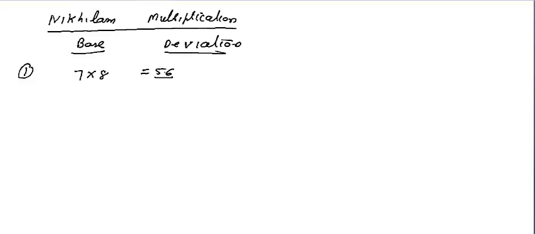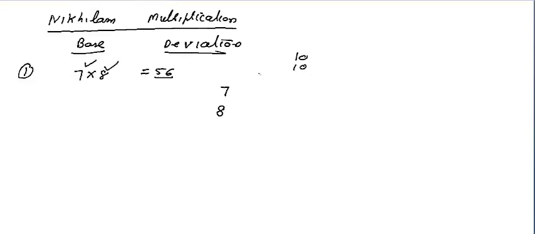So what you will write: one number, and below it you will write another number. You will write these two numbers as they are. So this is the example whose base is the same and both numbers are less than the base, correct? So the base of 7 is 10, you know that, and the base of 8 is 10.